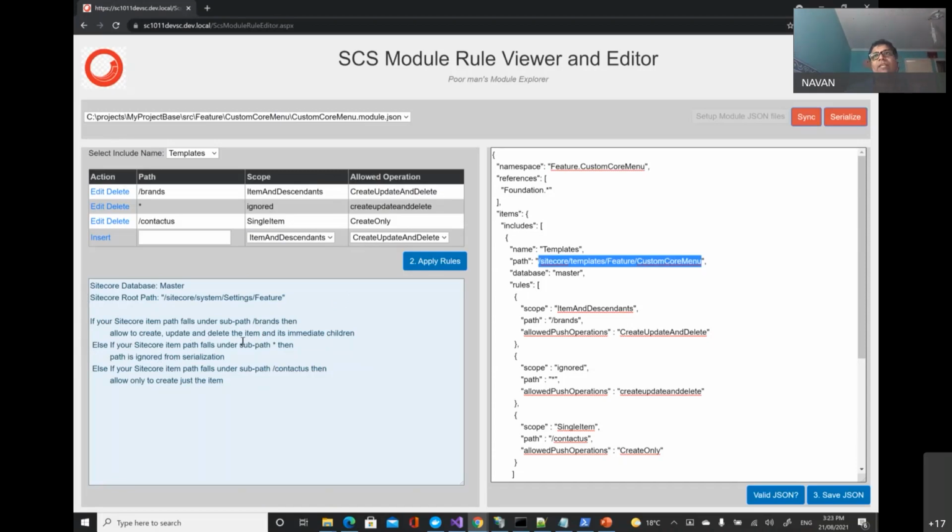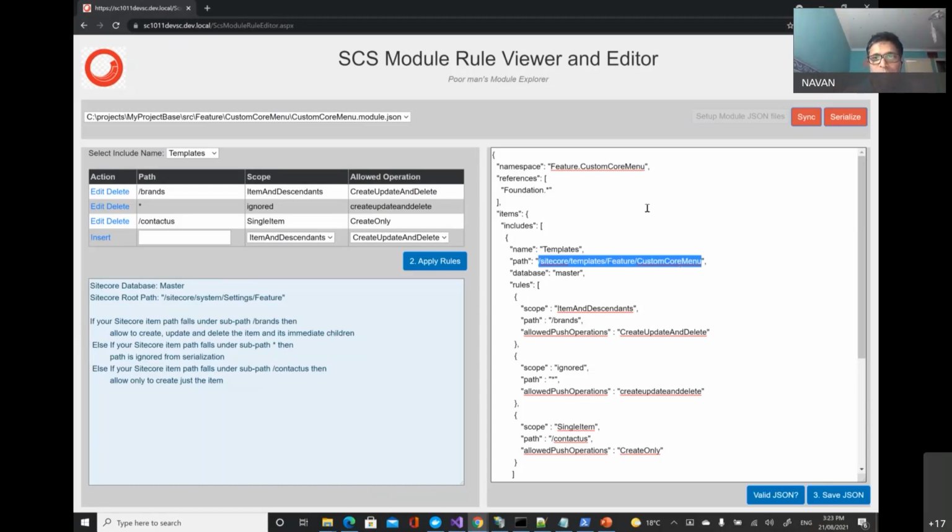So you should be very careful with the ignored condition. That's why they stress that the more specific rule should be on top. For example, if you had a contact us page, it should come before the ignore rule, and that way it is picked up under custom core menu.